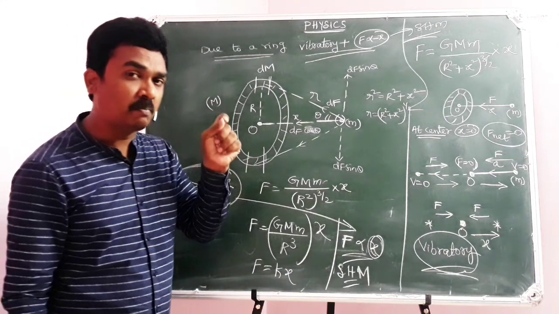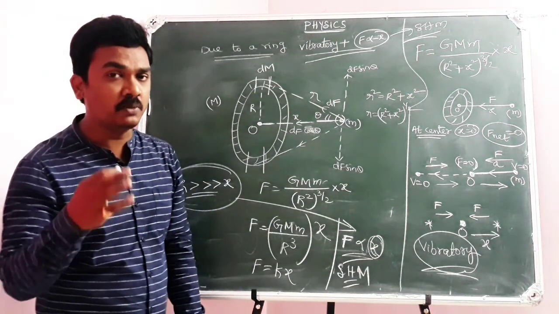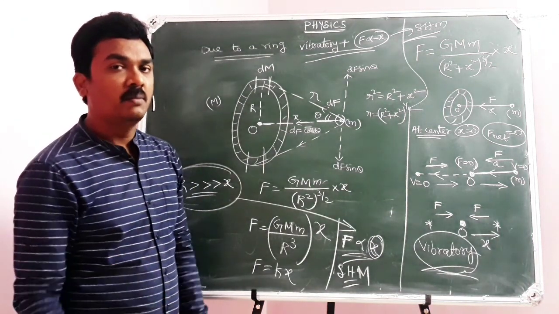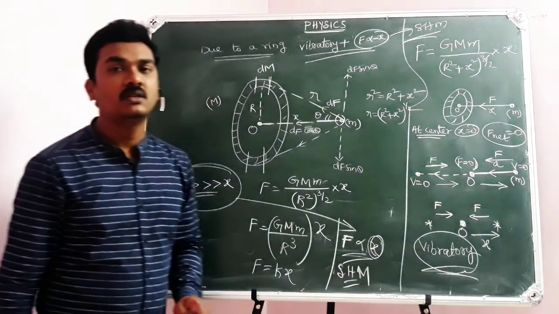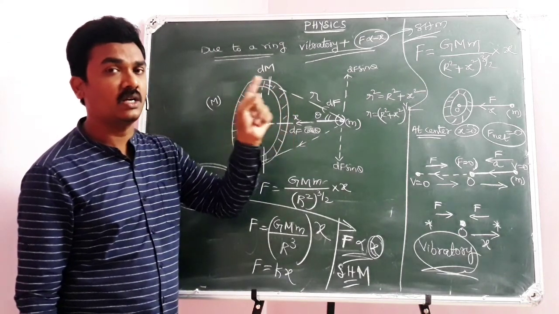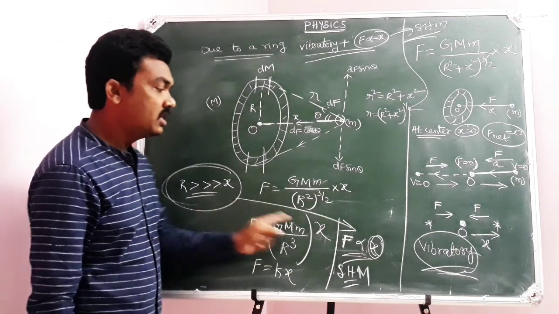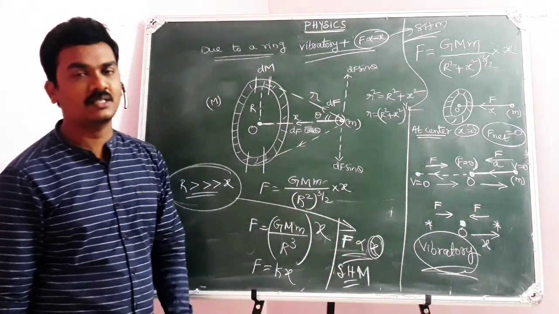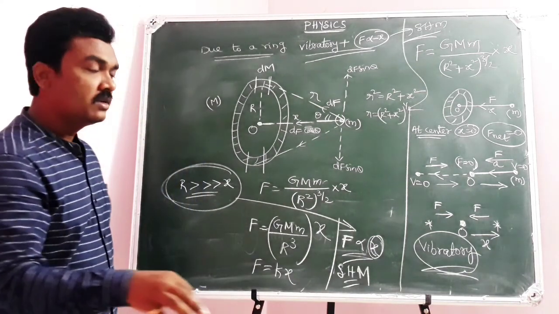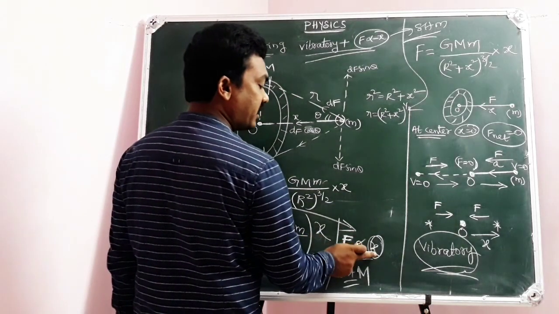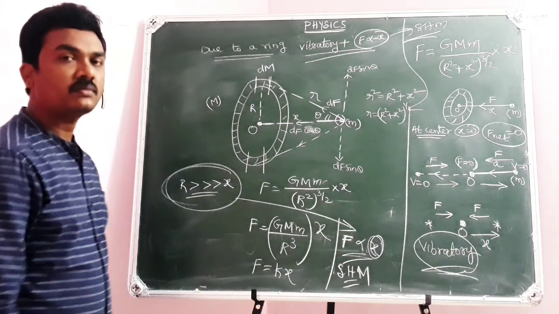F is the force acting on the particle in vibratory motion towards the center, or towards the mean position, towards the fixed point. But x is the displacement or distance of the particle away from the mean position. So that negative sign indicates F and x are in opposite directions. And moreover, according to this mathematics, under this condition, F varies proportional to x. So such vibratory motion in which the force acting on the particle varies directly proportional to x but in opposite direction, we call simple harmonic motion.